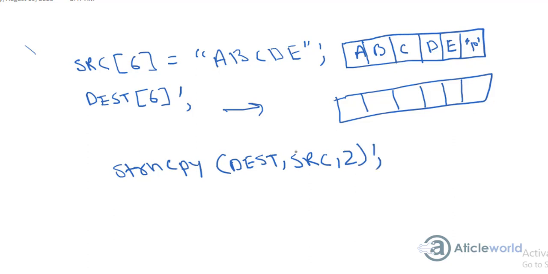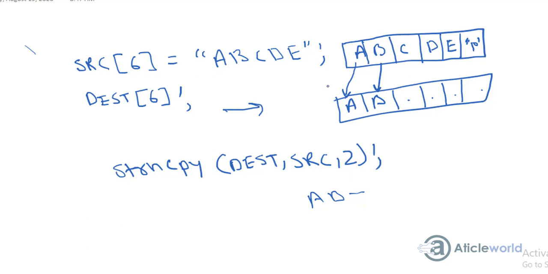So here what will happen, strncpy copies the A and B. Here strncpy only copies the 2 characters A and B into the destination array, and because this block contains some garbage value, it will not append the null character here. So whenever you print the destination with printf, you will get AB with some garbage value, and it prints the garbage value until it gets a null character. So you should be careful when you get this type of situation.